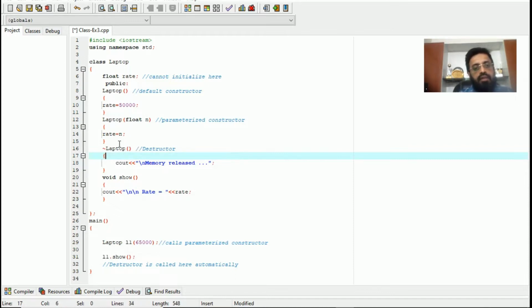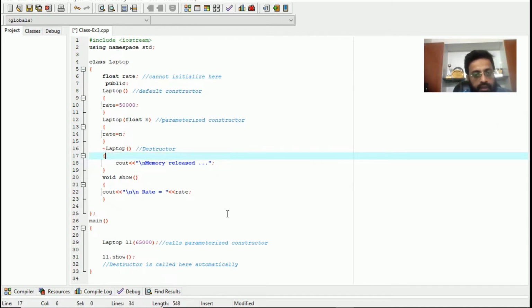So destructor is a public function of a class. There can be only one destructor in the class, and it usually releases the resources which are used by the object of the class. So in this program, we have this destructor starting at line number 16,